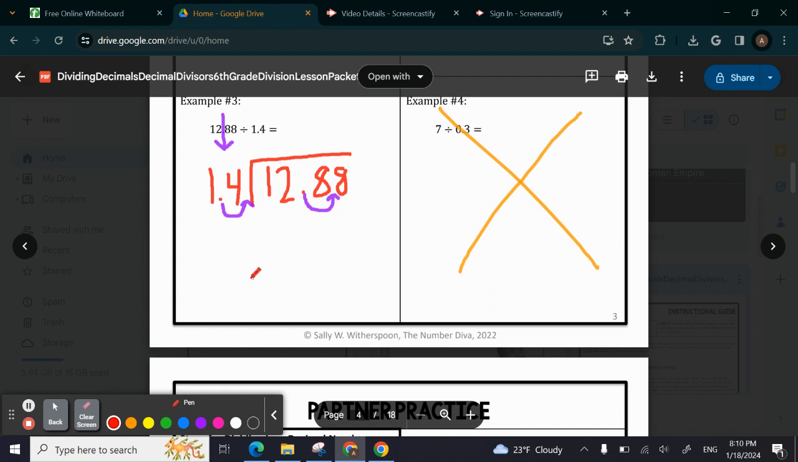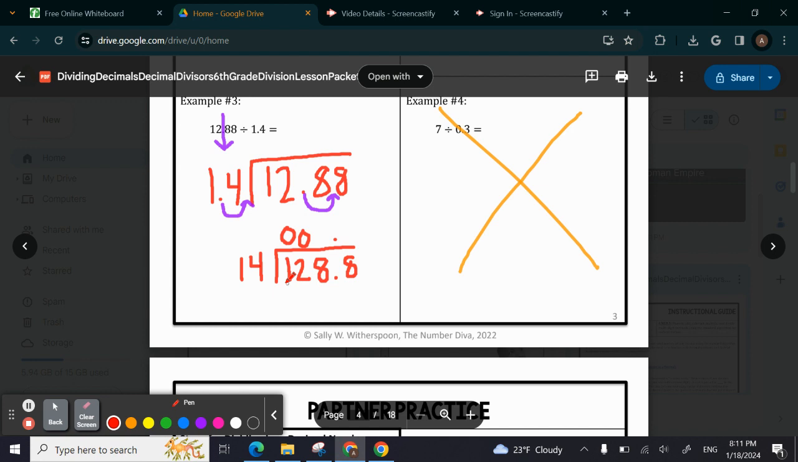Step 3, rewrite our problem. So 14, now our divisor is a whole number. And we go 128.8 because we moved the decimal place over 1 on both sides. Step 4, move up the decimal point. You see how they're lined up. Step 5, solve. How many times does 14 go into 1? 0 times. How many times does 14 go into 12? 0 times. How many times does 14 go into